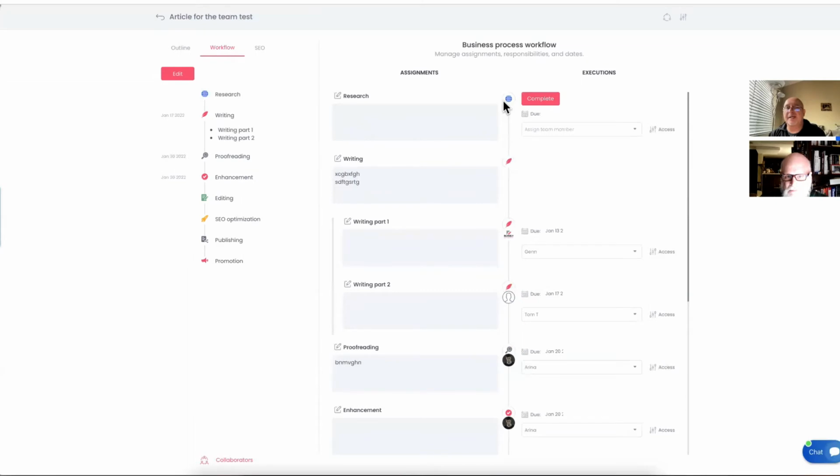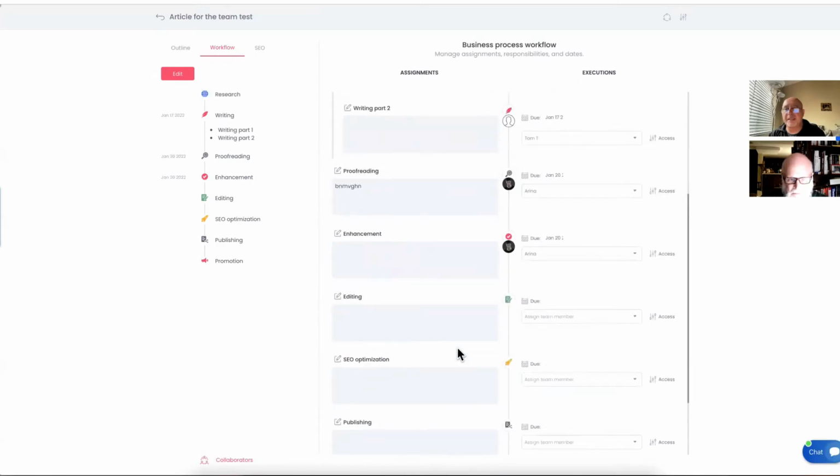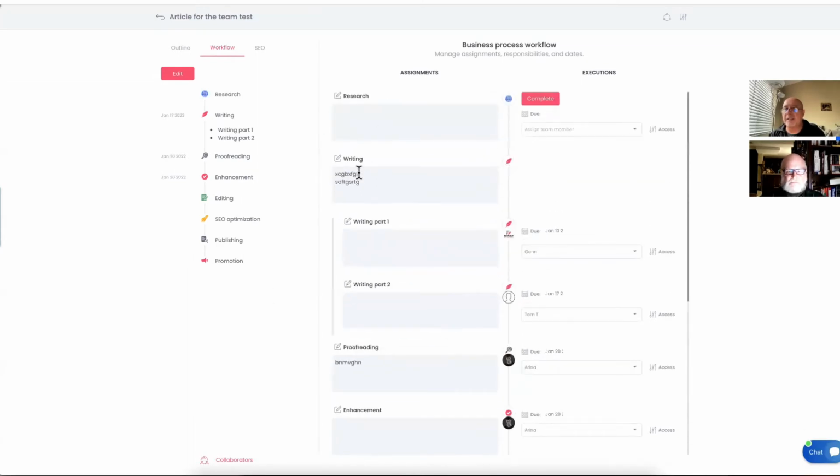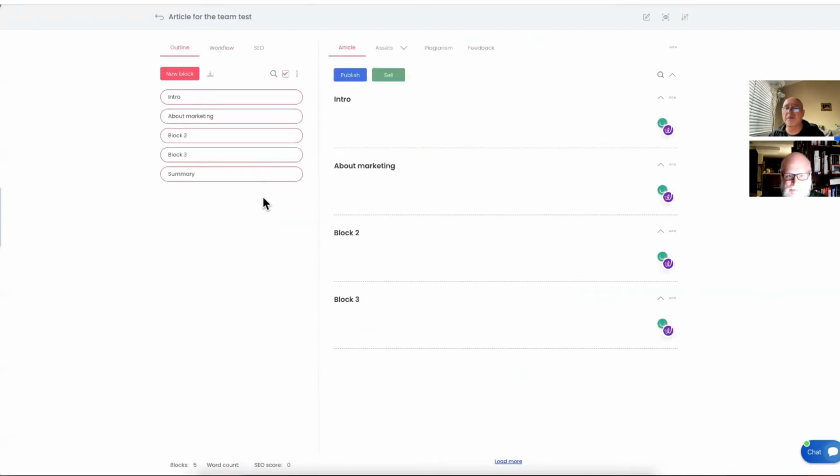Now, let's say I'm done and have prepared my steps. I simply don't write anything for the writing step. It's self-explanatory. It says writing. That means writing, and you know what to do. But I'm the one who controls the outline first. If I give writing access to someone, the writer, of course, they can expand it and add some more. But if I want to control it, I can just make sure it stays the same.